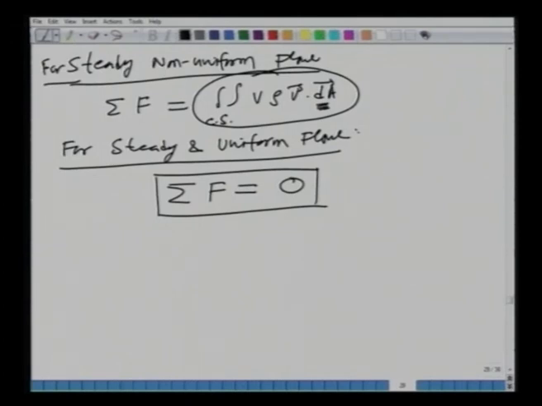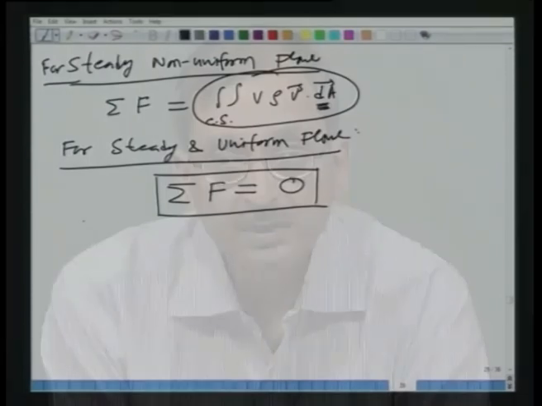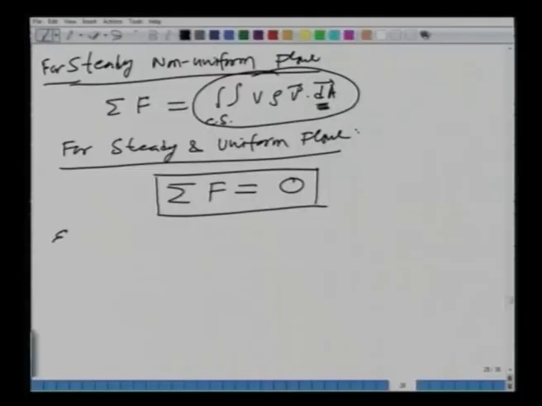Okay. So, this is the momentum equation for the steady uniform flow. Okay. Now, what we will do next is we will try to apply some of these different types of momentum equations to some flow situations. Okay. I would like to take up an example problem, and this kind of example problems I am sure you may have done earlier in your classes. Okay. So, this is the example of a 60-degree elbow.